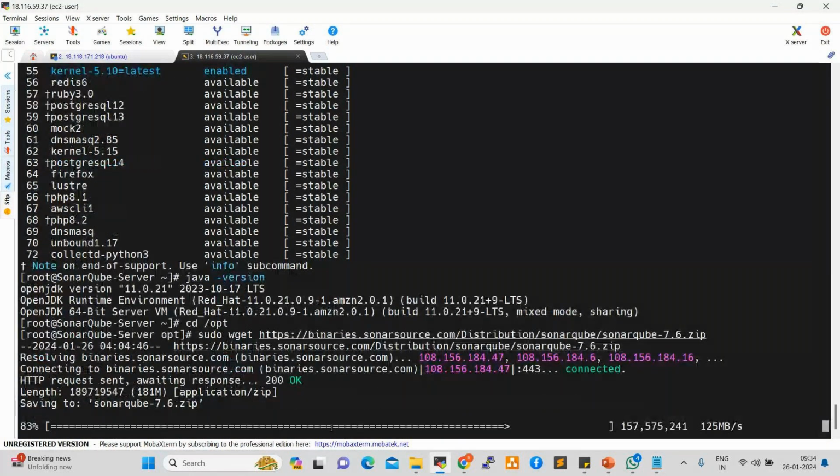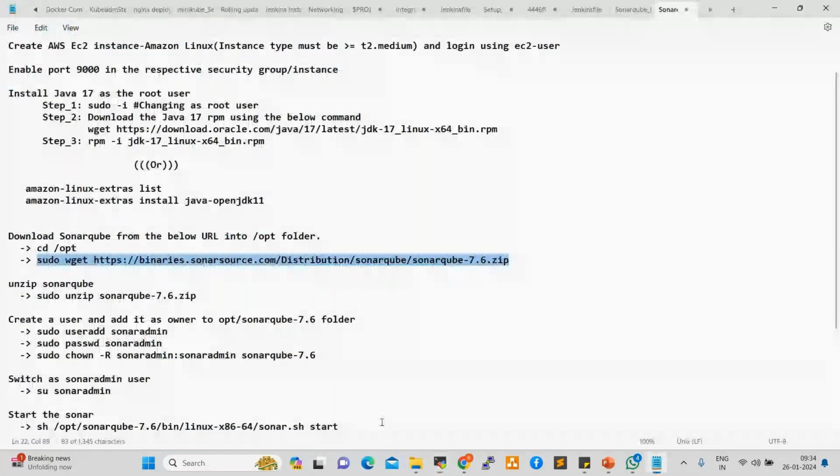Yeah. So after that, see here. Now we need to unzip this. If you want to unzip, you can unzip. See here, because without unzip, you cannot perform this, right? We cannot install, right? So for which, the command here is unzip